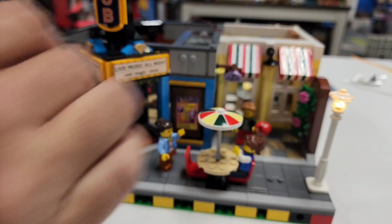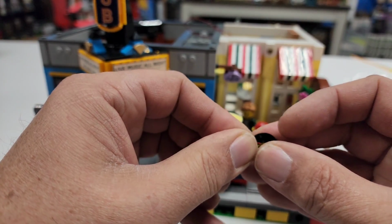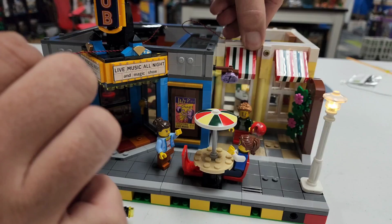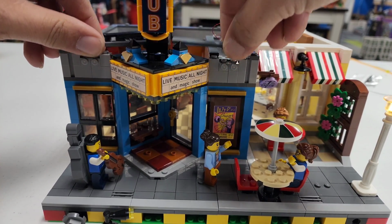Now out front, we're going to pull all of our little street light fixtures off the front of the building. And we're going to be installing the warm white micro LED in each one of these. All you simply do is you remove the plate, put the light underneath the plate, and then put it back together. To install the first one, you take the 2x6 tile off, route the wire underneath it, put it back down,